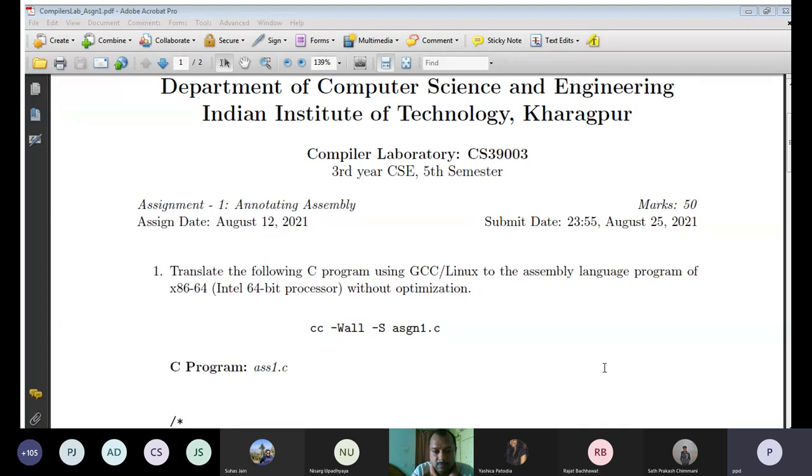Sir, can you provide this ASS1.c file as a downloadable file apart from the PDF? Okay, I'll do that. Yes, I will do that one. Because sometimes if you copy from the PDF, the new lines go away and it gets garbled. Better I should write, I should say that okay, write one insertion sort, binary search, and then do this one. Okay, I will do that one. So that can be done. That's not a problem. Okay. So we are done with today's